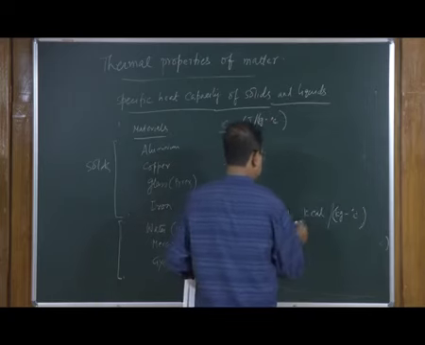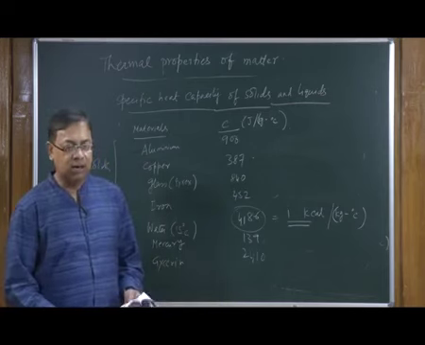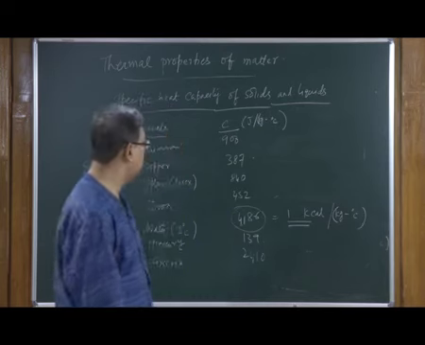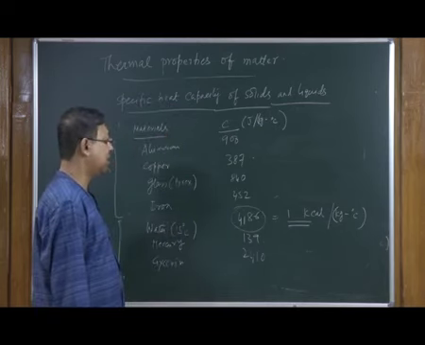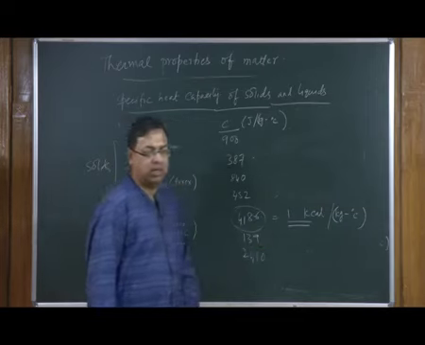This is something we are very familiar with, whereas for water, at least, we are not too familiar with the units of joule per kg degree centigrade, but this is equal to 1 kilocalorie